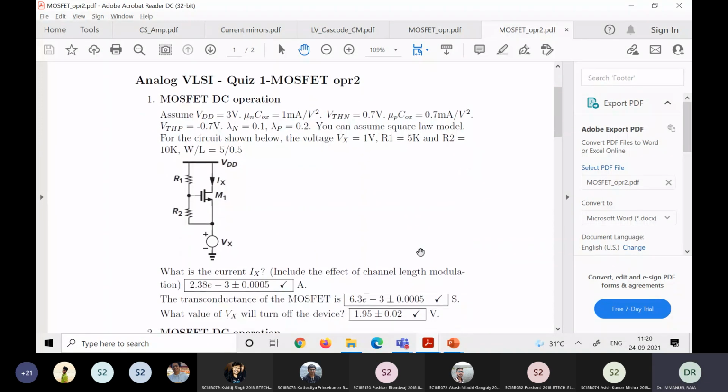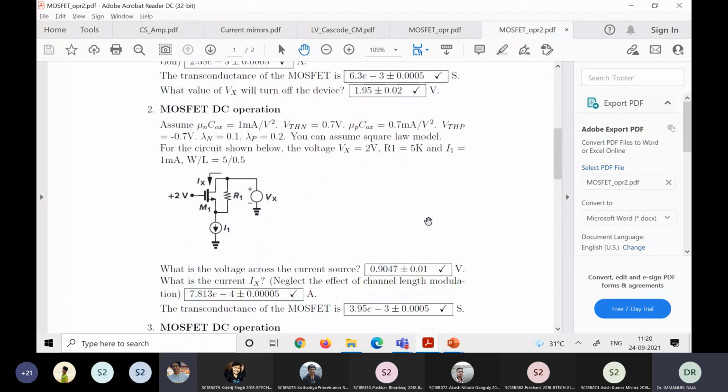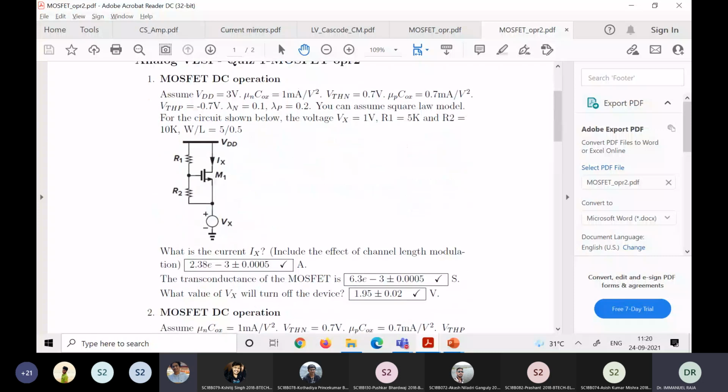And I had given 4 questions here, and a similar pattern I had given even in the practice problems. In fact, I didn't want to make it as tough as the practice problems. I thought I will just give one value of Vx and ask you to compute the rest. So I gave this question, this one. Yeah. So in the first question, when we calculate the VGS value, this one. Okay. Yes, sir.